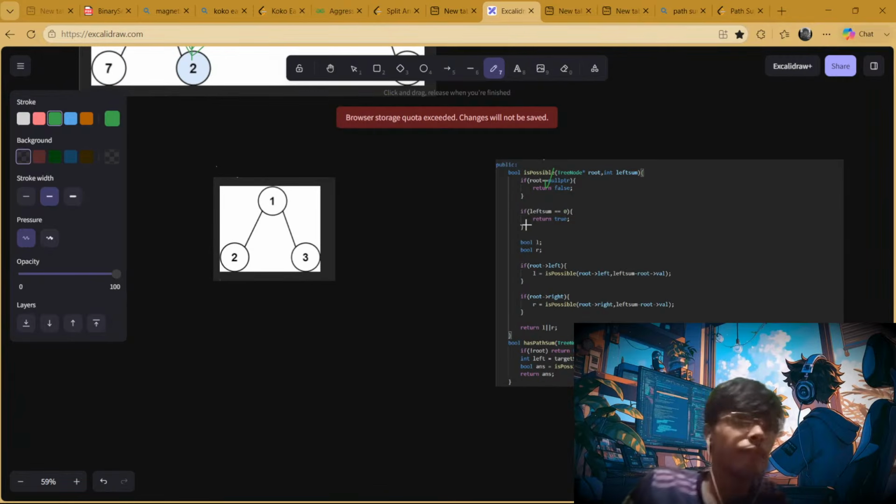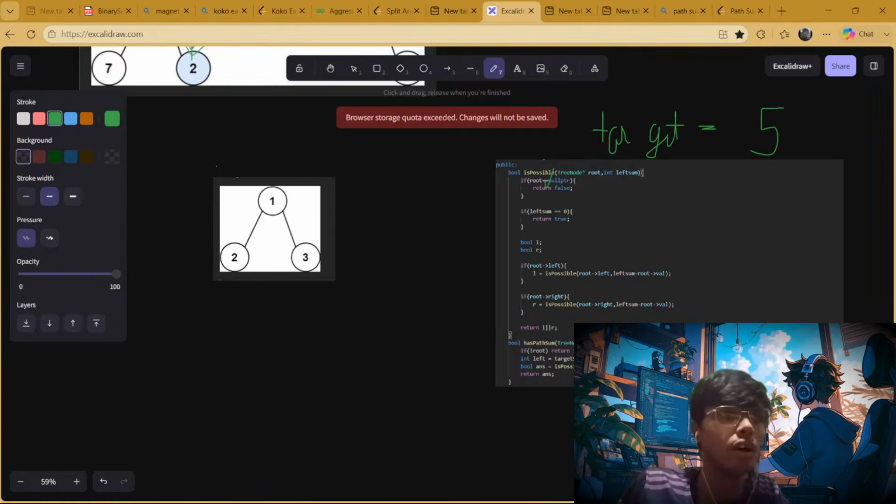हाँ। ओके। सो टारगेट सम दिया हुआ है 5, ठीक है। और यहाँ पे मैंने पहले क्या किया कि मैंने देखा कि लेफ्ट सम कितना बच गया। रूट वाला उड़ा दूंगा। तो आई एम लेफ्ट विद हाउ मच टारगेट सम, विच इज 5 माइनस रूट वैल्यू, नाउ आई लेफ्ट विद 4। सो 4 मिलने के बाद अब मैं क्या करूंगा, इस पॉसिबल नाम का जो फंक्शन है, उसके अंदर रूट का लेफ्ट, मतलब ये वाला नोड डाल दूंगा, और